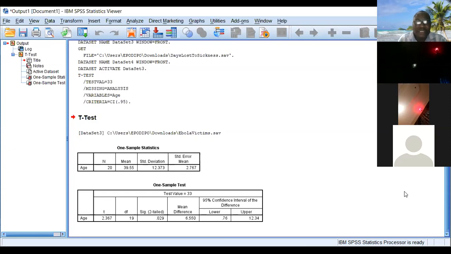So look at it. The degree of freedom is 19. That's 20 minus 1. The P is 0.029. So you can see the mean age, 39.55, compared with 33. The difference is statistically significant. So that one is the hypothesis test. But when you now come to confidence interval, you will see that